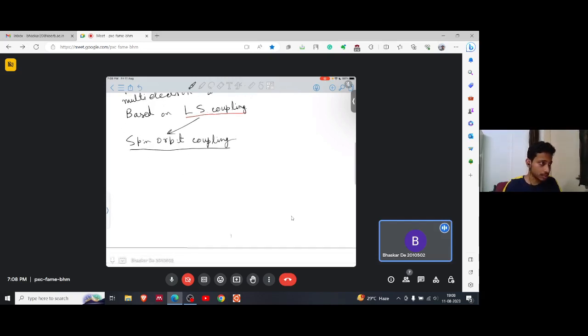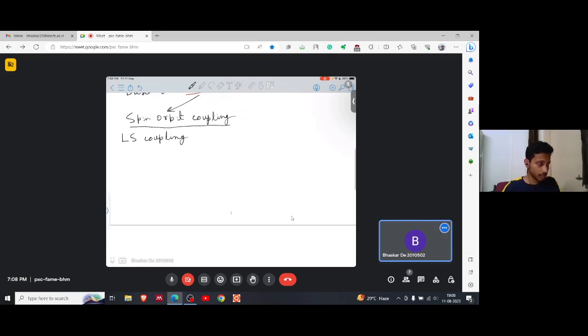Now this LS coupling is in atoms. So in atoms, the electrons have a certain spin and also a certain orbital angular momentum. So let's denote that